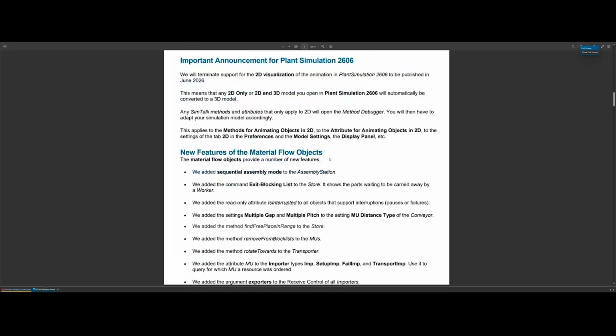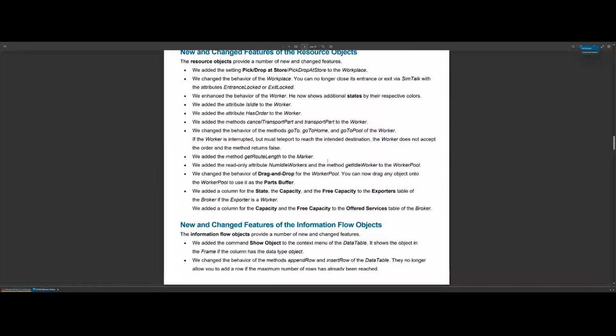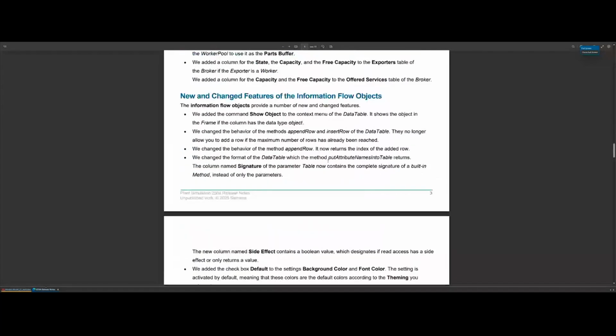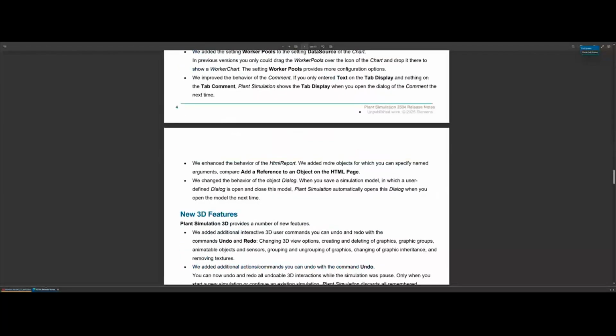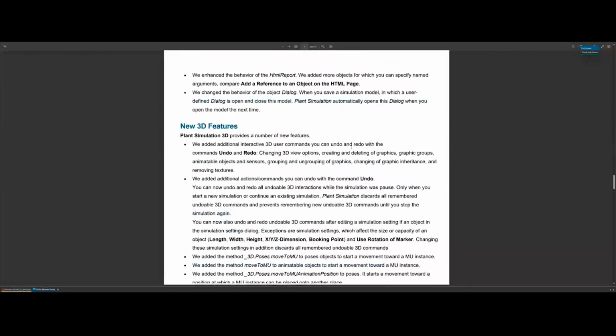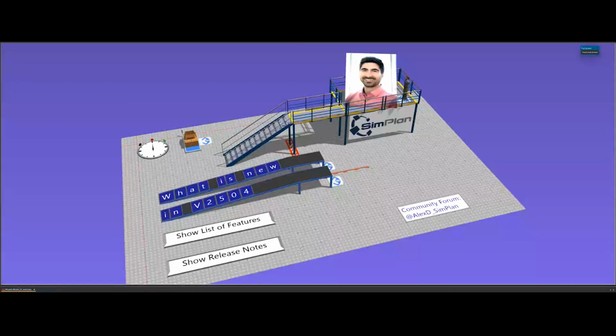I took a small sample of some of these features. If you've looked at them already, then you will know it's a long list of features. Some of them are smaller things like functions that have been renamed or attributes that have been renamed. There are new, bigger features, some smaller enhancements of some material flow objects and so on. It's always good to look at those, but we will not go through all of them in detail now.